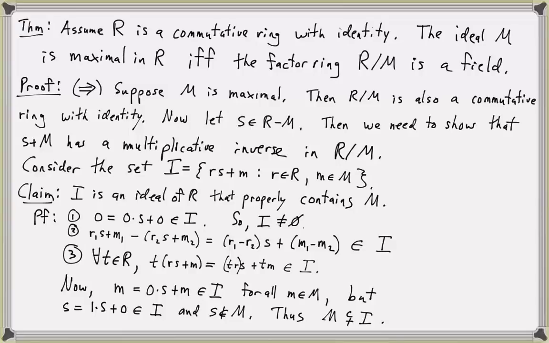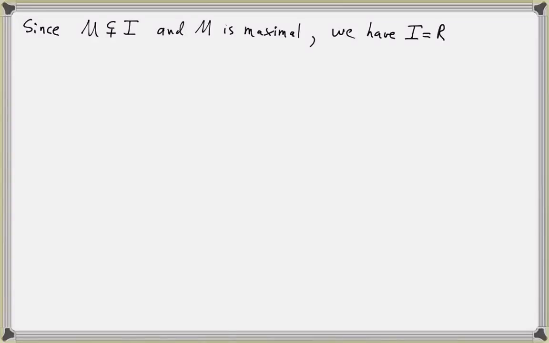Now back to the proof of this theorem. So since M is properly contained in the ideal I, and M is maximal, this means that I must equal R. So we have I equals the ring R. So R is a ring with identity, so now the ring I must contain the identity 1 as well. So thus 1 is an element of I,